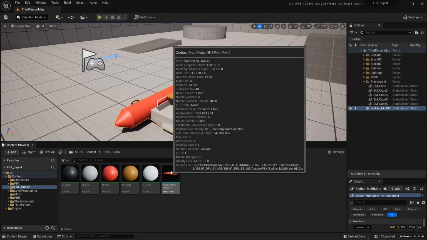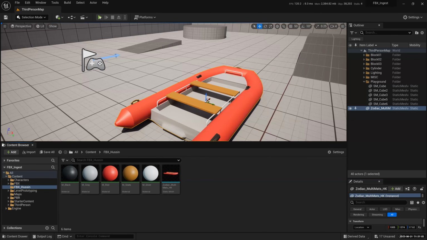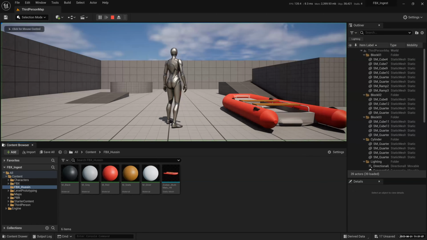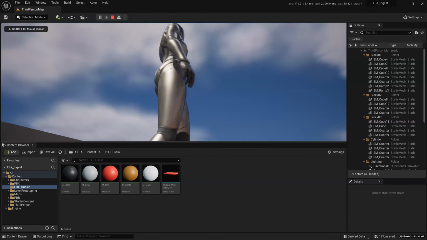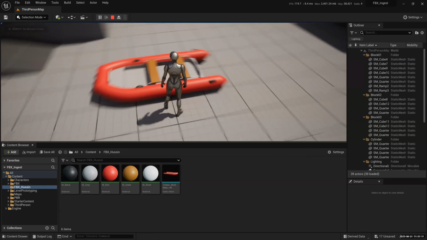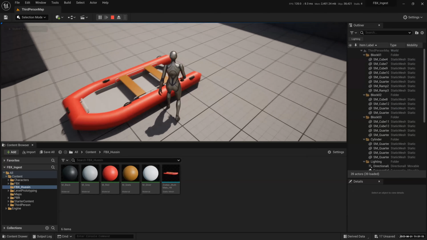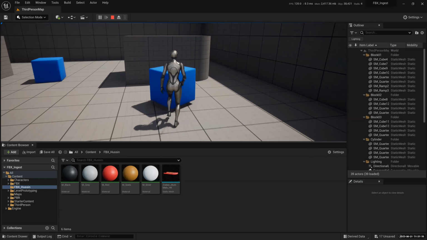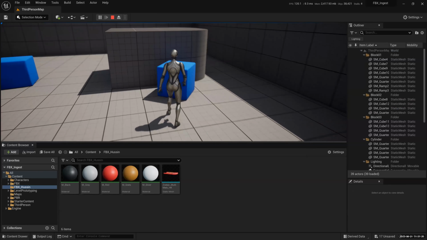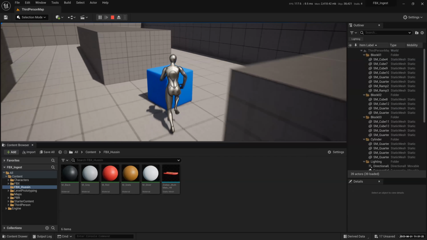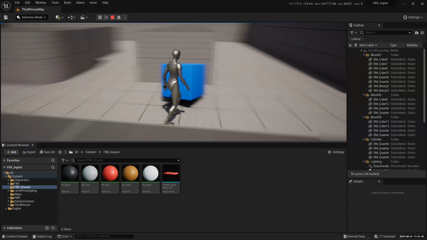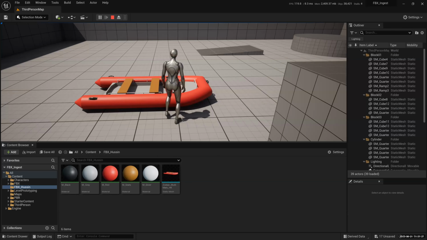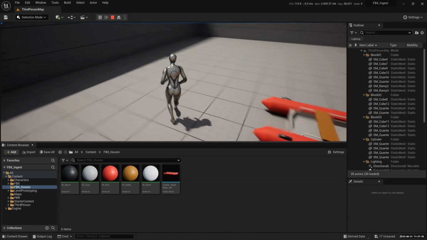We're talking about collision. If I were to play this scene now, I want to run around. I've got my lady here, and I want to run. It has collision, right? This one has collision, but it doesn't move. No matter how I push it, it will not move. But this guy here has collision and also moves, which is awesome. This guy will not move, and there must be a reason. I want this boat to move. When I go in and kick the boat, I want the boat to move. Something is not right.